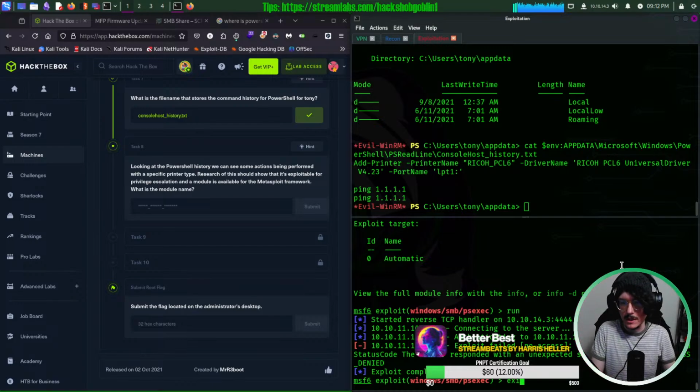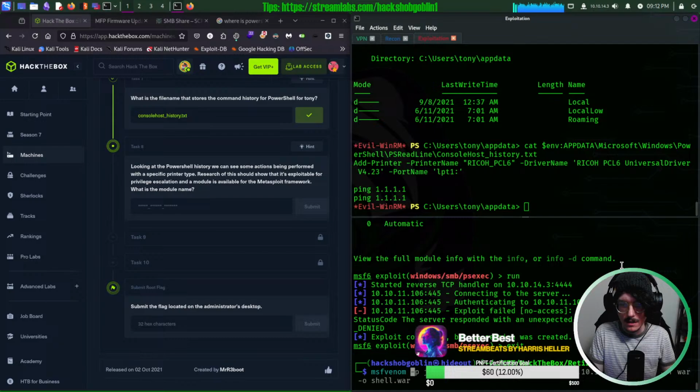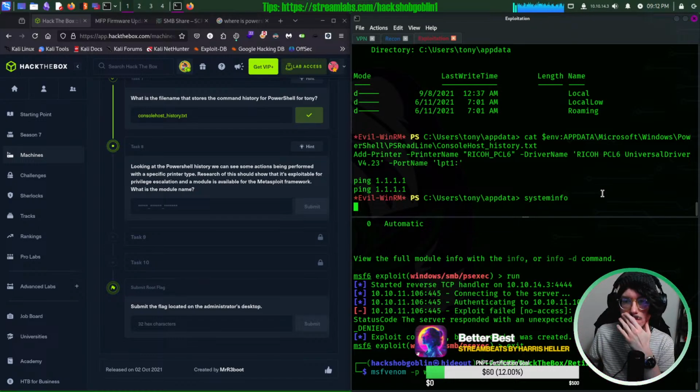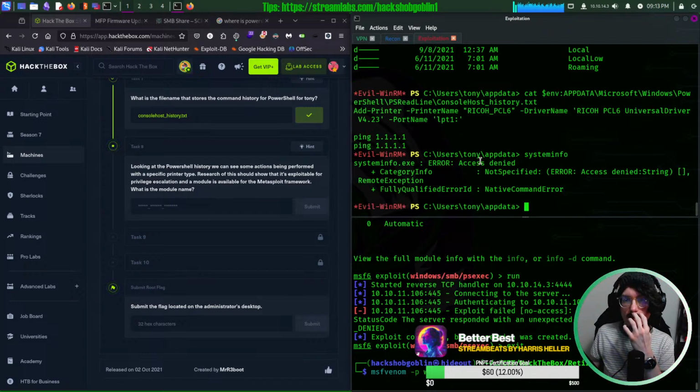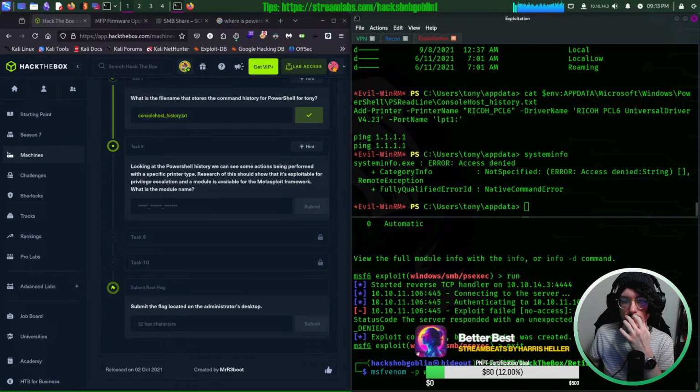Okay, so I'm gonna put this on hold. I'm just gonna exit out of this for now. I'm gonna use msfvenom -p windows x64. I actually don't know if it's x64. It probably is though. Let's see. systeminfo. What? Access denied? Oh crap, I can't run that, can I? Okay, anyway,